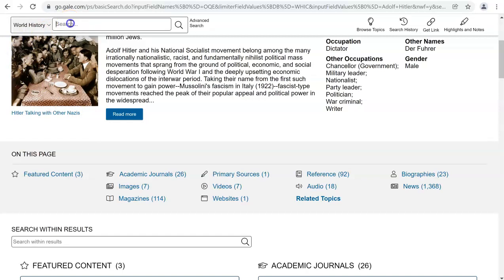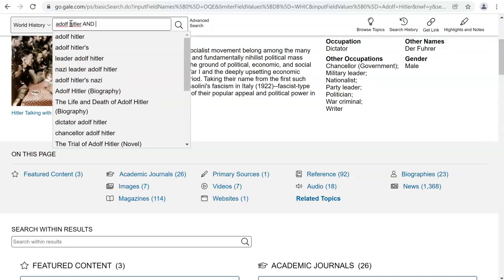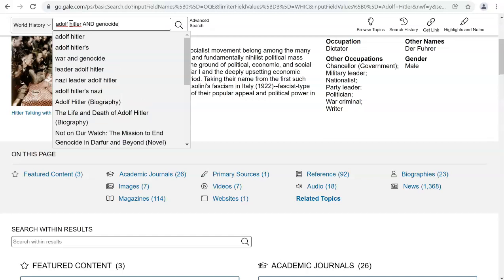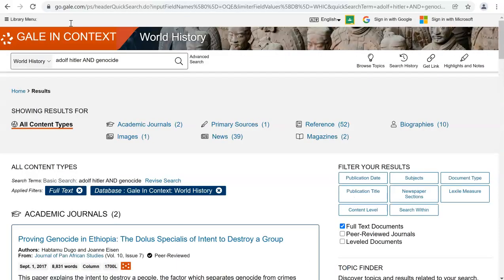The way I can add more search terms is to again include his name, but then if I use the word "and," it doesn't have to be capitalized, but I'm showing it capitalized here for emphasis. After I put in the word "and," I can add another search term. In this case, I put in genocide. And now I've been more specific, so my results list is going to come back with a smaller number of results.